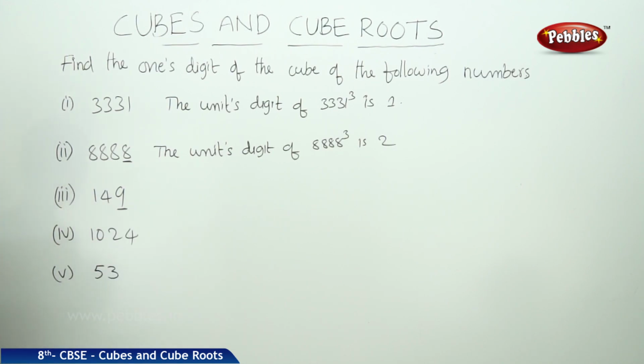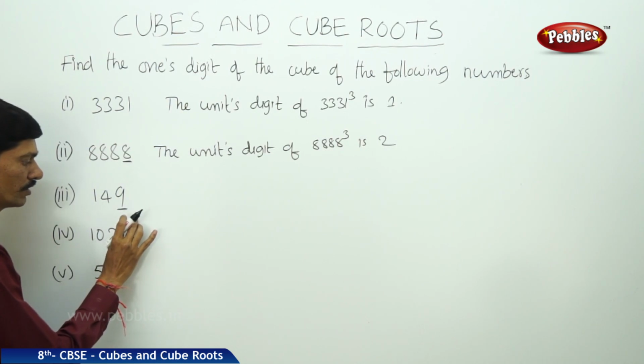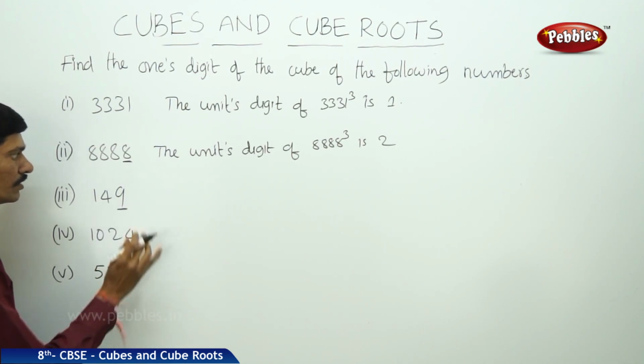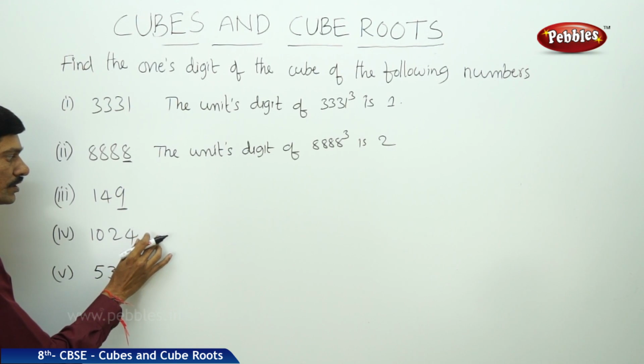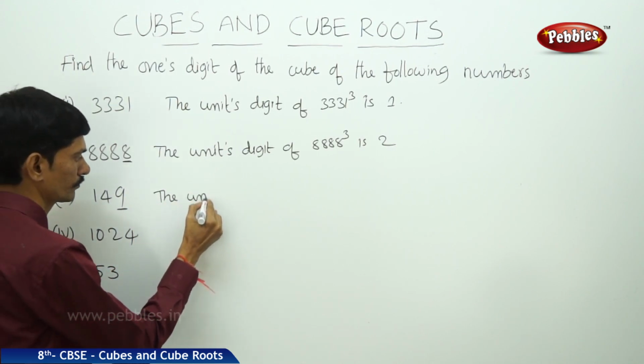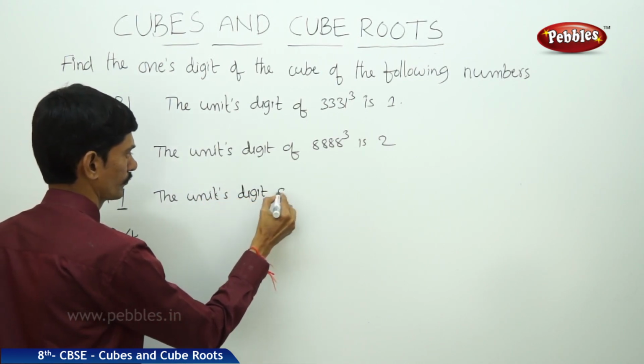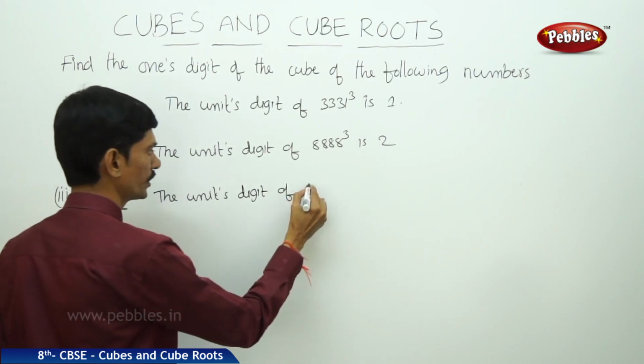If a given number ends with 9, then its cube also ends with 9, because 9 into 9 into 9, 9 9s are 81, 81 9s are 729. So it is also ending with 9. So the units digit of 149 cube